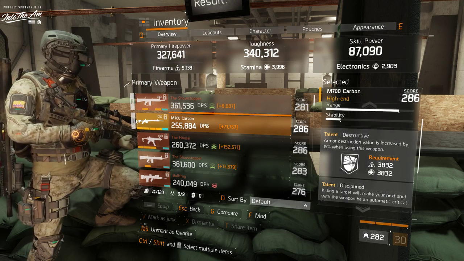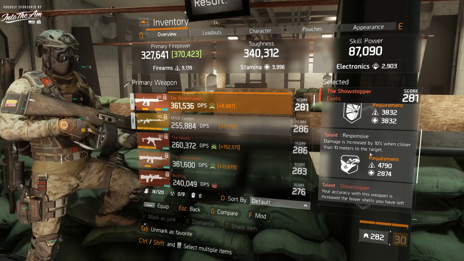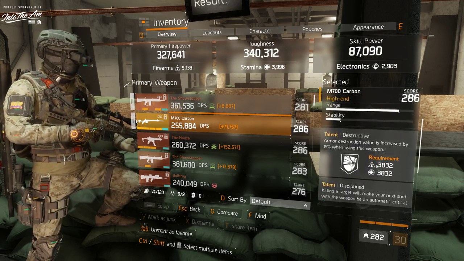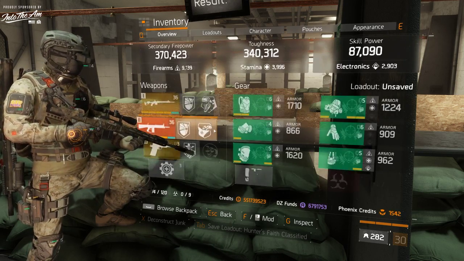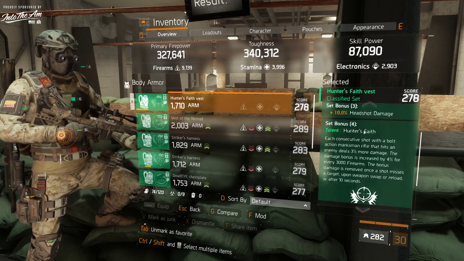And, yeah, so that's the gun I use. Secondary gun, you can run whatever. I run a Showstopper. Oh, yeah, the talent is called Prepared. But that's the gun. Now, the way 6-piece Hunter's Faith works is...